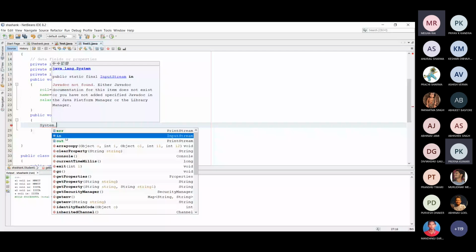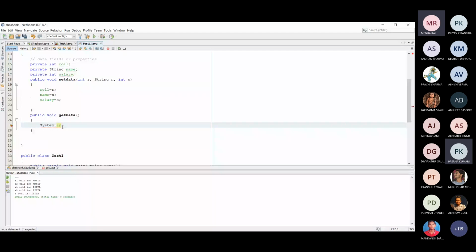In is a variable of type InputStream. It means this variable can refer to an object of InputStream type. So in is a reference variable which can refer to an object of input stream type.